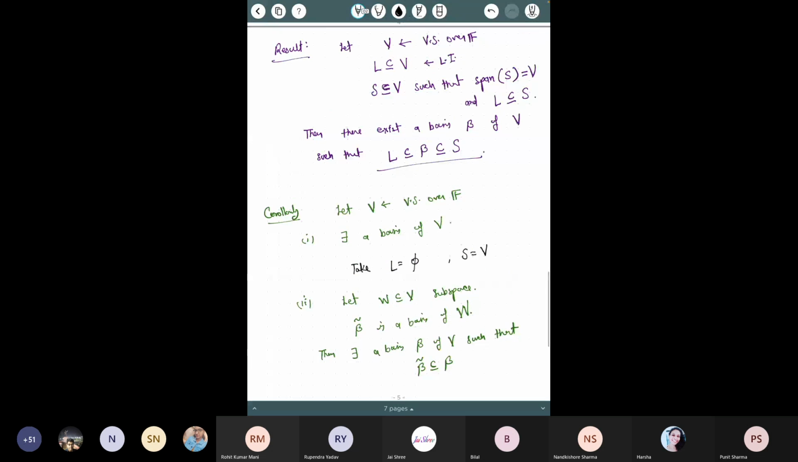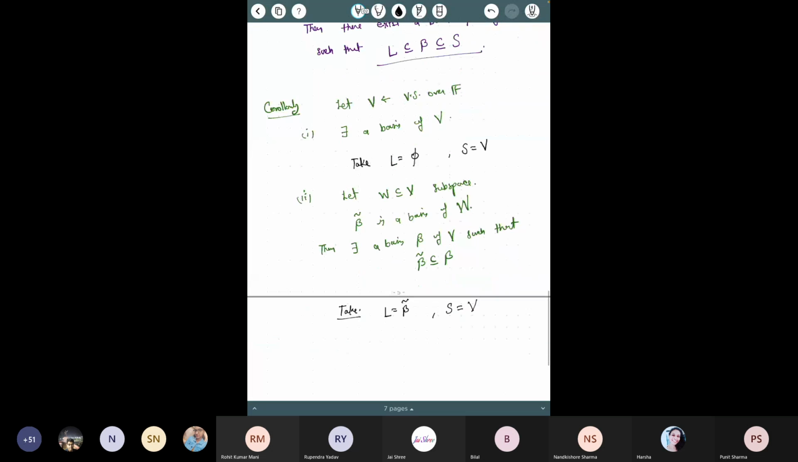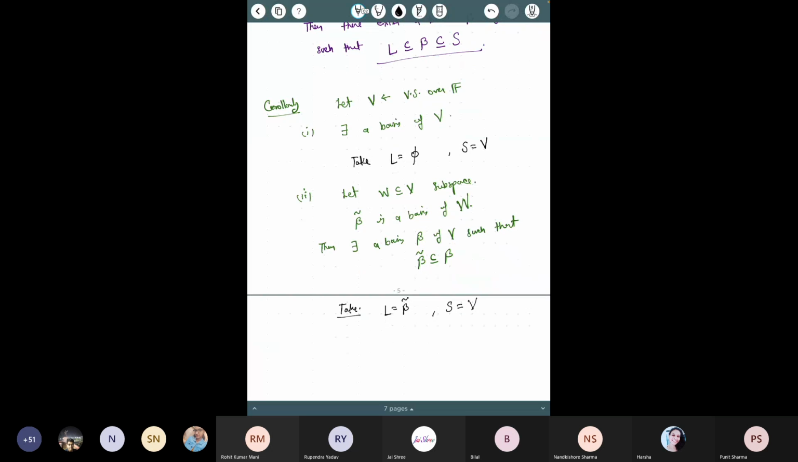result. L is linearly independent because B tilde is a basis. So by definition, it is linearly independent in V. S is a spanning set. Then we can say that there exists a basis B containing this B tilde, and that basis is contained in S. So this is fine. Not only this, let me